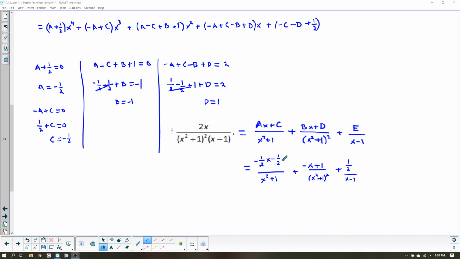So I don't want fractions within fractions. So the easy way to do this without doing keep, change, flip is just multiply the top by 2 and the bottom by 2. It will clear out the fractions, and we're really only multiplying by the value of 1 when we do this. So that works on the first one and the last one. So we end up with, as our final solution,